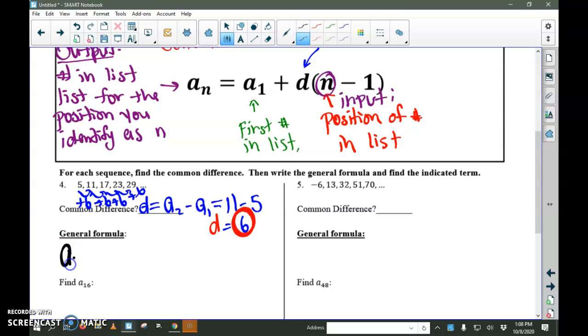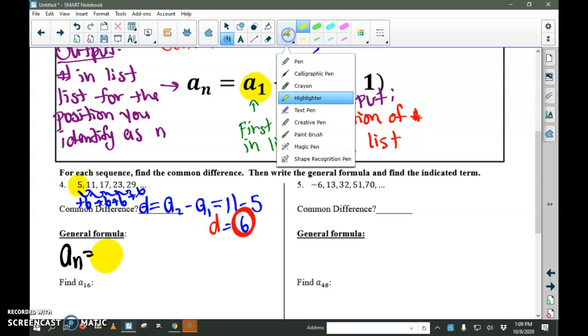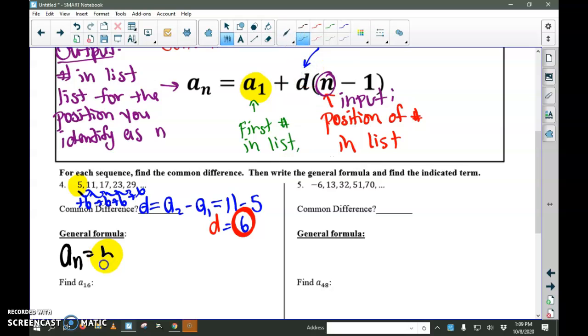I'm going to fill out a sub n equals a sub 1. I know what a sub 1 is. This a sub 1 that is in my general formula comes from the first number in my list. And the first number in my list is 5, plus the common difference. Well, I know what the common difference is. That D is my common difference, and we calculated that common difference to be 6. So I have to fill that into my formula. Okay, so plus 6,